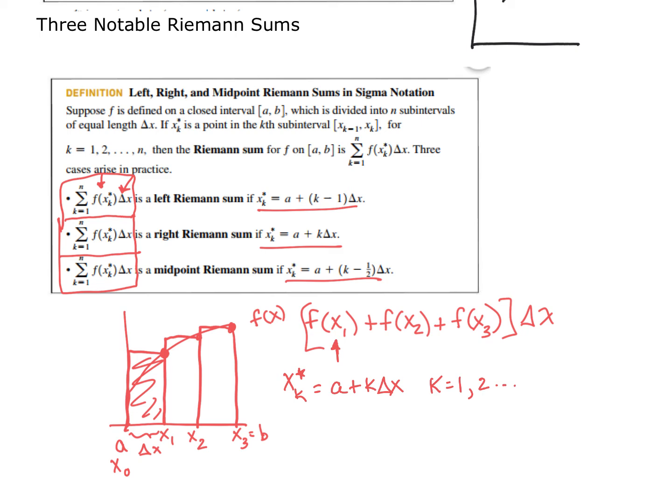So if k starts at 1, a, in this case, is 0. Well, actually, we never said that a was 0. So whatever a is, our first grid point is going to be a delta x away from that. And then our second grid point is going to be 2 delta x's away from that, and so on. And so that's why these things are different, because I think you can see that if I had done a left-hand Riemann sum,